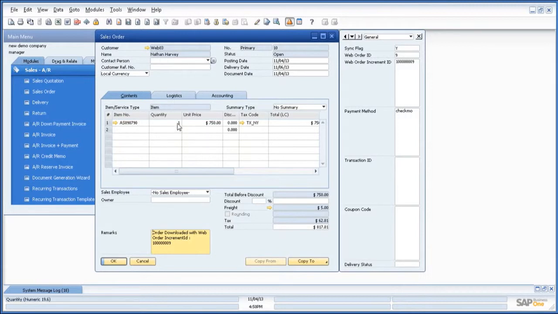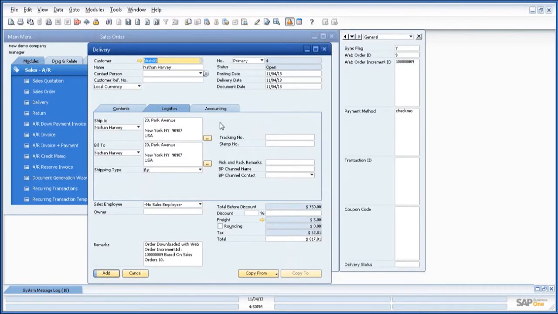The quantity for the order was 1 and this is the unit price, and based on the tax mapping, proper tax has been calculated in the SAP Business One ERP system as well, and the flat rate shipping has been applied within the freight option, and in that way the order total remains the same between Magento as well as within SAP Business One. So now if we straight away copy this sales order to delivery, I can add some tracking number within this section as well and quickly add this item to delivery.